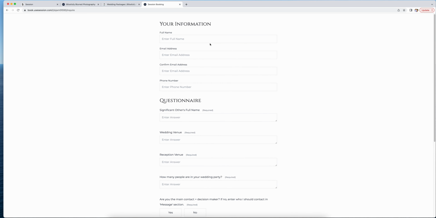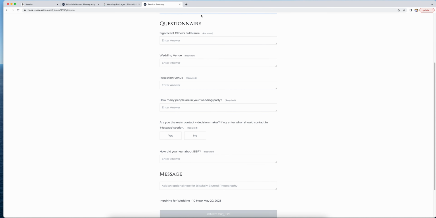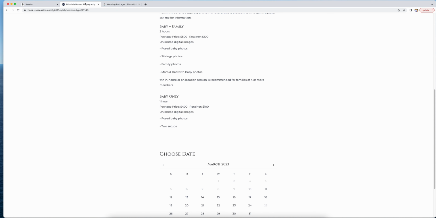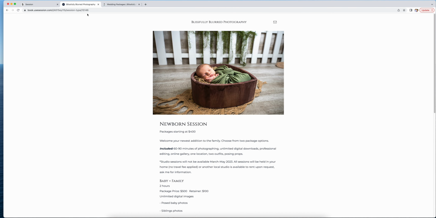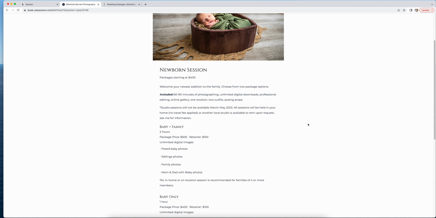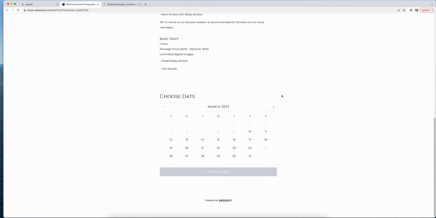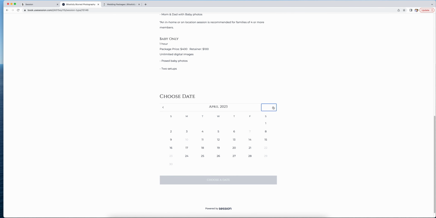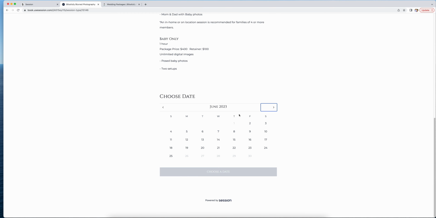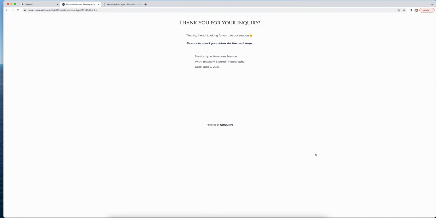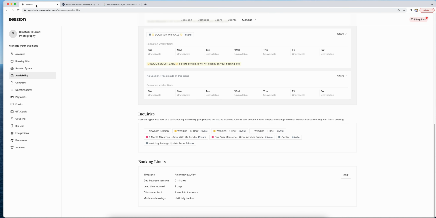So when they click newborn, they can come in and enter their information, significant other's full name. Sorry, that was the wrong one. So here they select, I sent them that booking site link. They're in there, they click newborn. It gives them all their information. Now I've already told them to select their due date. So let's say I'm due on June 3rd. Okay, so here's June 3rd. Now they can send me their information, submit the inquiry. And so now I have them in sessions